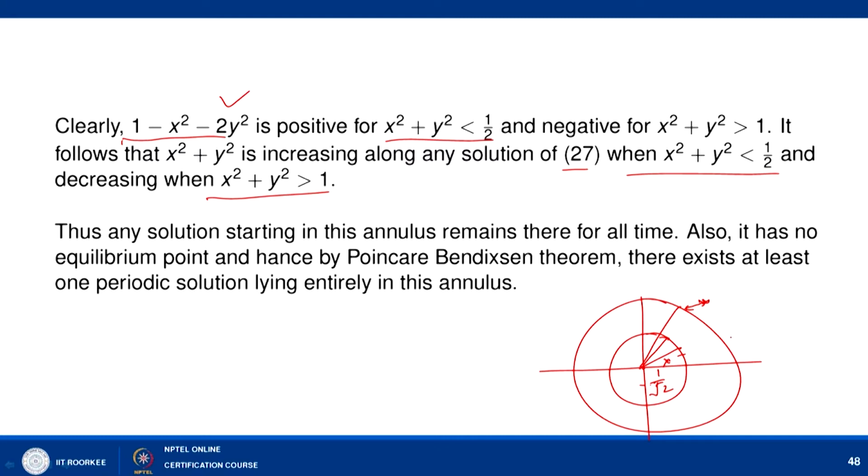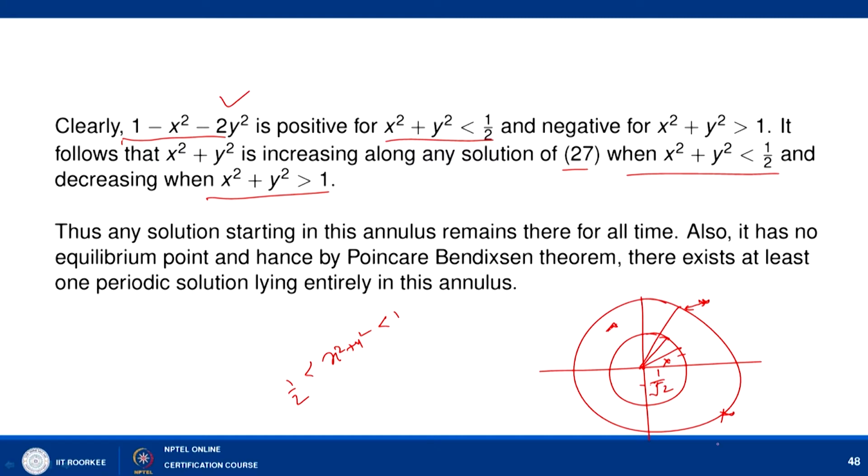to increase, and somehow it will try to get close to the circle x square plus y square equal to 1 by 2. So, the idea is that if we take any solution in this region which is bounded by x square plus y square less than 1 and 1 by 2, my claim is that that solution will remain there for all time, because